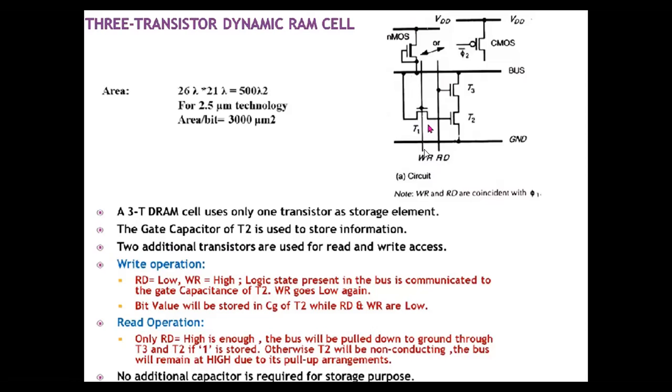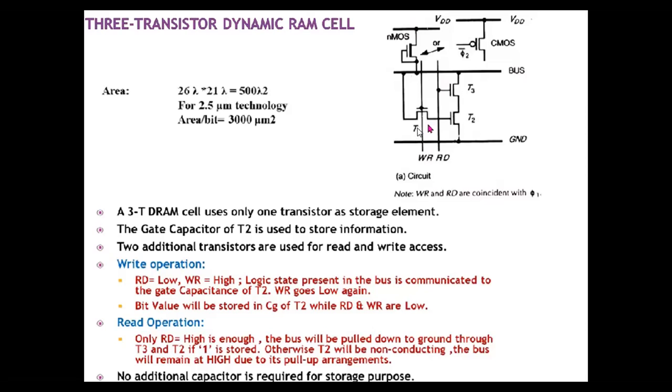Suppose I'm doing the write operation, it means I'll be activating this write signal, and in that case the read signal will be deactivated. And if I'm doing the read operation, it means I'll be activating this read signal, and in that case I'll be deactivating the write signal, right? Hence among these two, only one signal will be activated, either the read signal or the write signal. Hence we call these two signals, write and read, mutually exclusive to each other. Keeping this in mind, along with the construction of this particular 3 transistor DRAM cell.